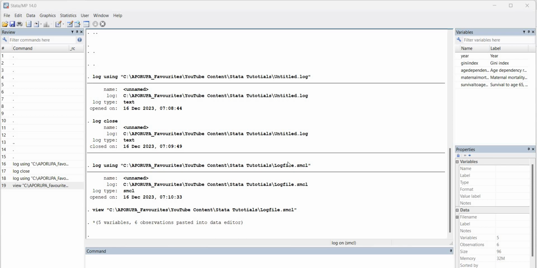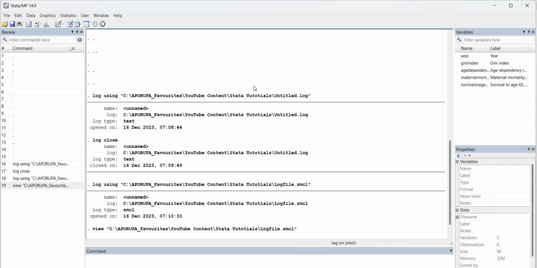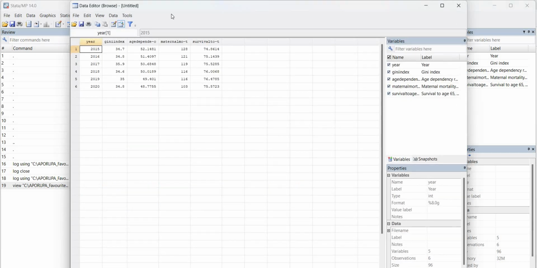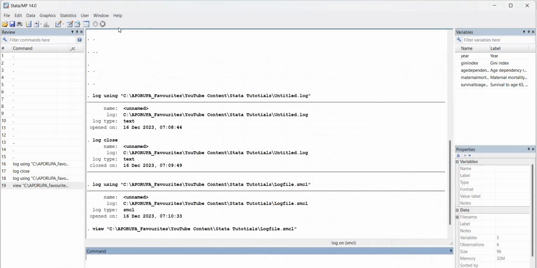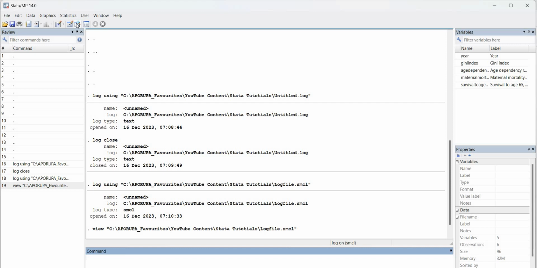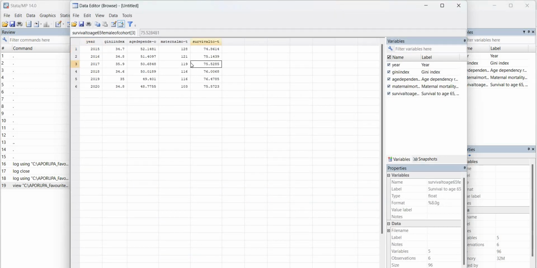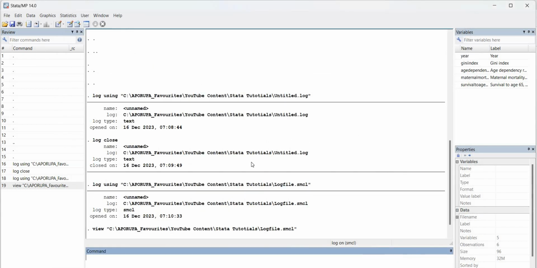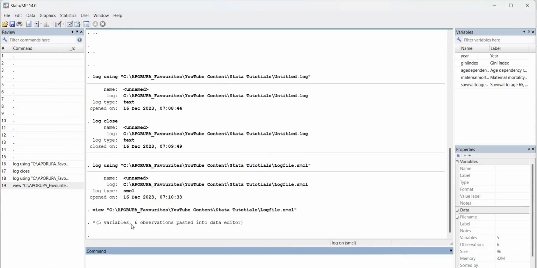Today we are continuing with looking at Stata file, and in the last video we imported some data. You see I opened the data editor browse because I don't want to accidentally edit the data set. Let me just check what happens if I open the editor. You can see I can change the data set because it's showing me the cursor. But if I open the browser, it doesn't let me change anything. So that is safer. So you can see that I opened 5 variables and 6 observations pasted into the data